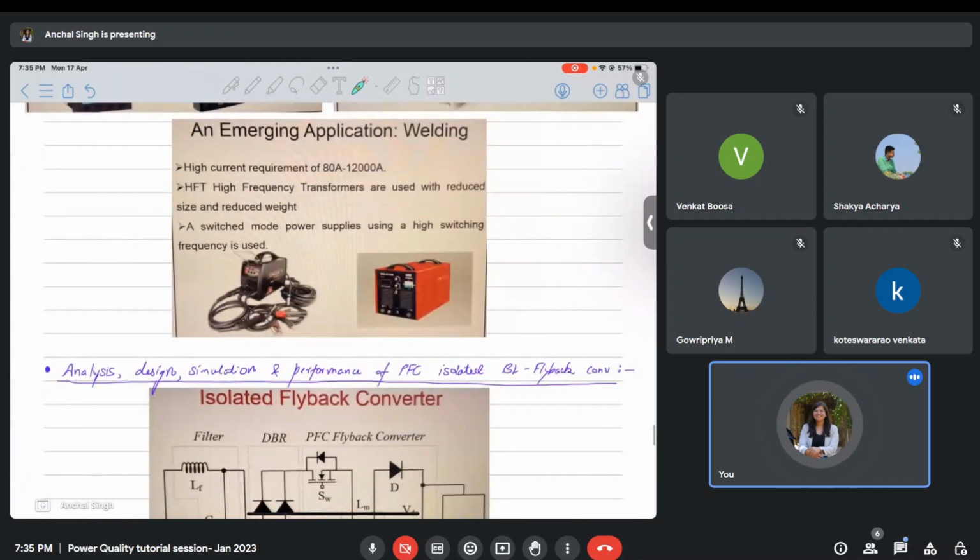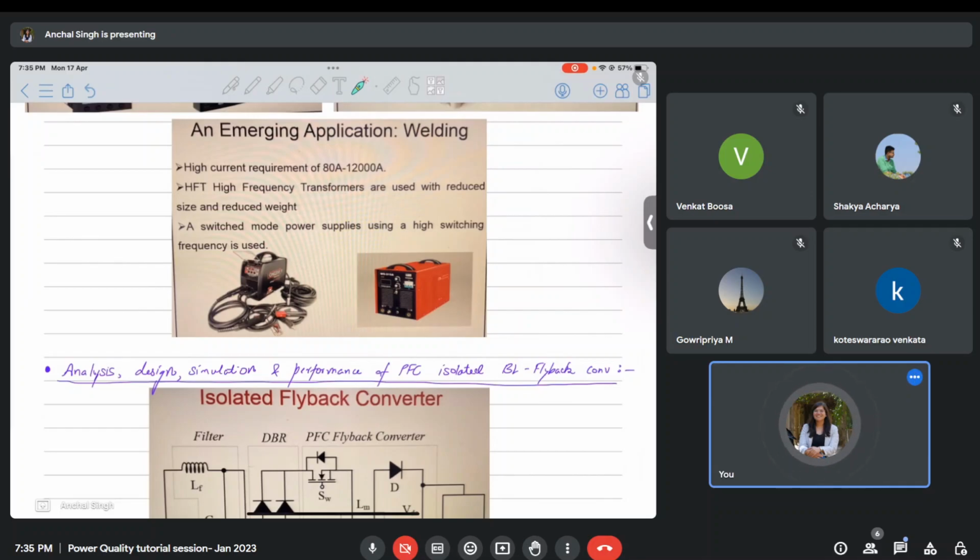As an emerging application in welding, recently, I don't know if I showed you the photo or not. Initially, if you look at the welding machines that were used previously, they were so big in size that if I wanted to do welding on the first or second floor of a building, it was not possible because that machine was so bulky. I could not take it to the second floor or first floor of the building. But now those similar welding machines are very small sized. They are portable. You could easily take these welding machines to any floor you want, and you could easily do the welding there.